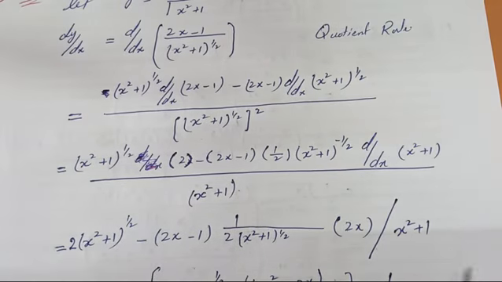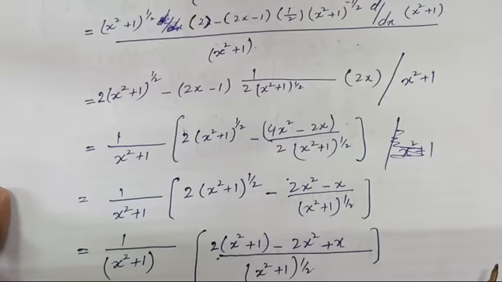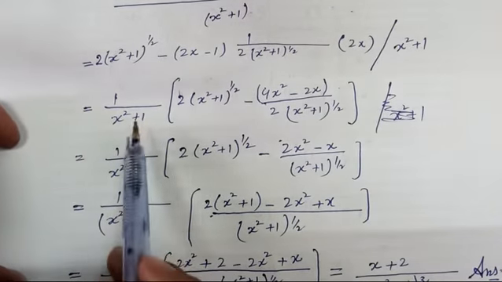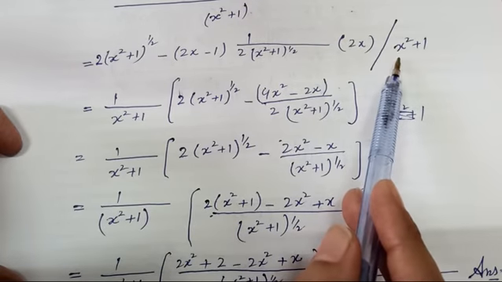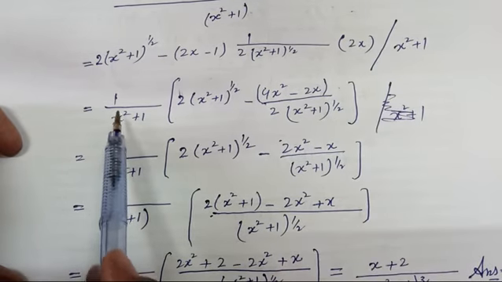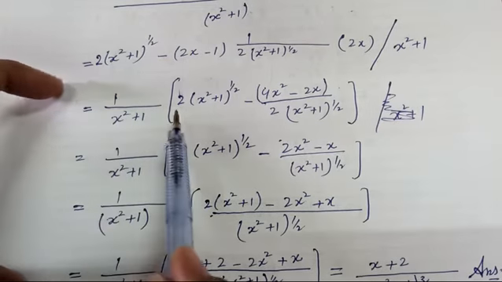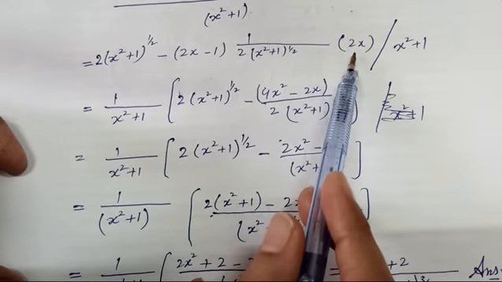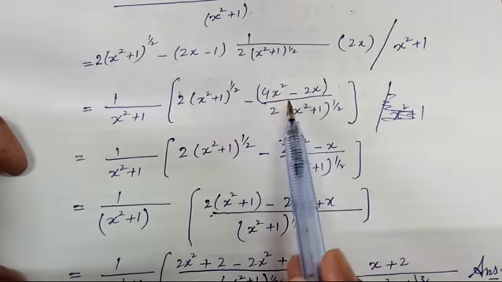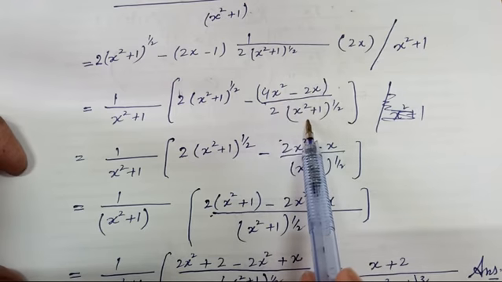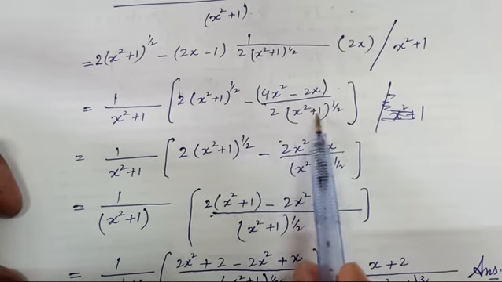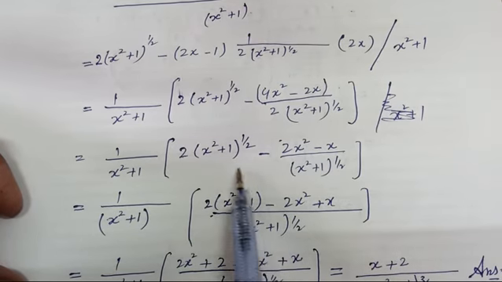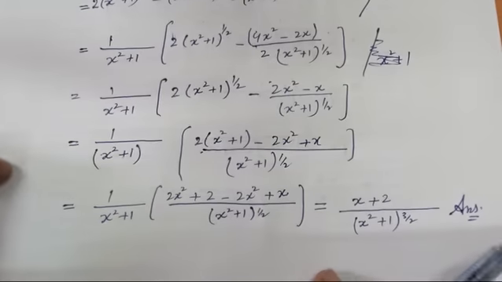Right. In the next step, simple calculation. Just now, 1 over this whole denominator is written at the start, 1 over x square plus 1, while this term 2 into (x square plus 1) whole power 1 by 2 minus 2x is multiplied by this term, it becomes 4x square minus 2x, and divided by the denominator term, while the whole denominator term is written at the start. So now, simple calculation by taking the LCM, you can easily calculate this term.